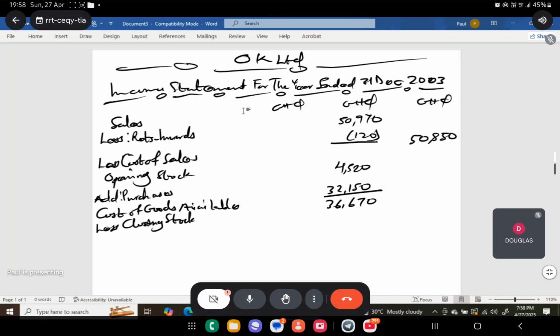So the 4,580, okay. So when you subtract it, it should give you the cost of sales. Okay, it should give you the cost of sales. That's 32,090. And that cost of sales should be